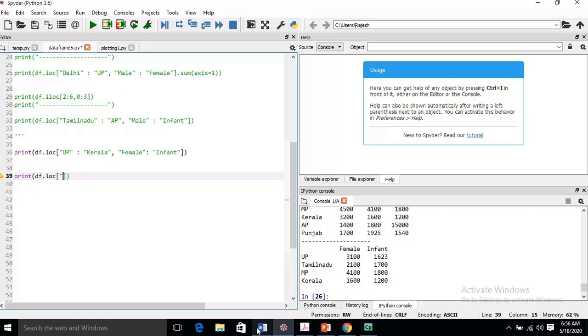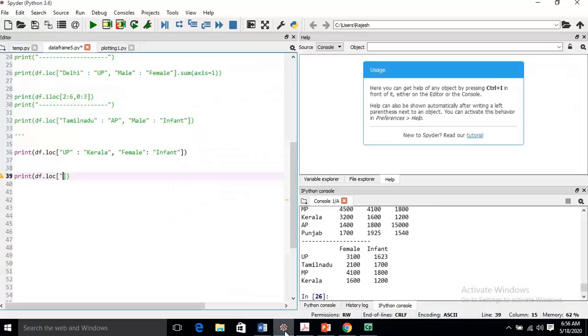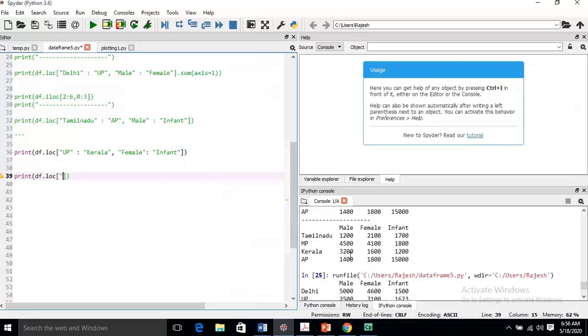Again I forgot the question. This is my problem, I forget things very quickly. Display the female and infants of all states.